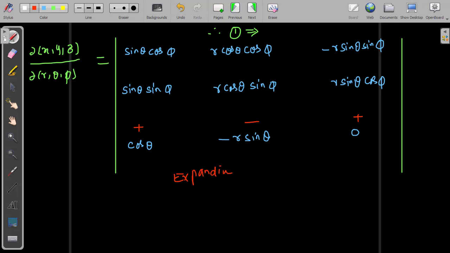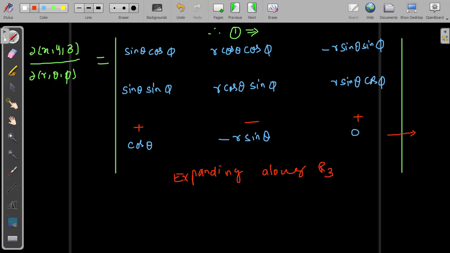You have an option to expand along row 1, and use this sign pattern: plus, minus, again plus. If you want to expand along row 2, you also have the chance: minus, plus, minus. These are the options if you want to expand along row 1 and row 2. Now I am expanding along only row number 3 to make it easy. So expanding along row number 3, R3, along this row.